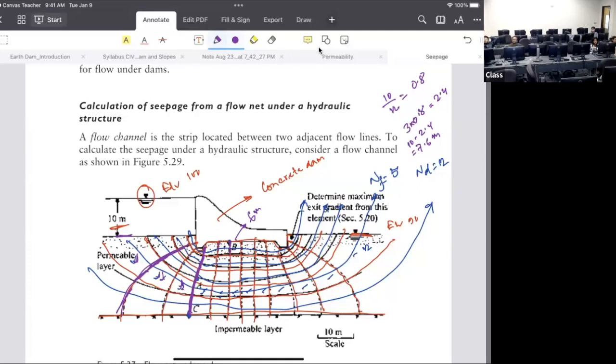That's it. My number might be different from the book, but it depends on your flow rate. I'm looking at it in a different way. Every flow rate is different. The number is going to be close, but not very close. So if I make more flow lines, will it be more accurate? You can, but